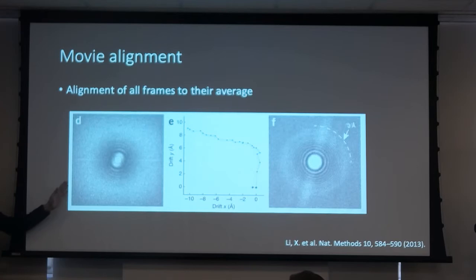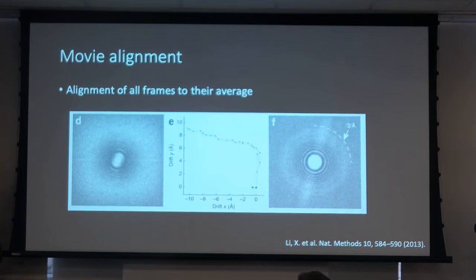And you see here, for example, two power spectra of a micrograph. The one on the left is without movie alignment. That's what we used to see prior to the revolution. Some power spectra looked great, some did not, and we didn't really know why actually, what was really going on. But as soon as the movie mode came about,